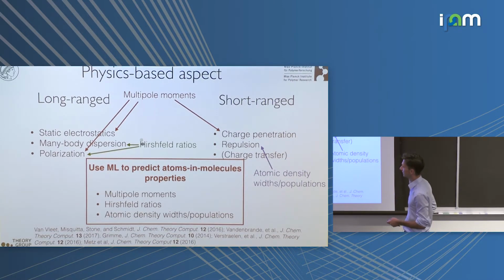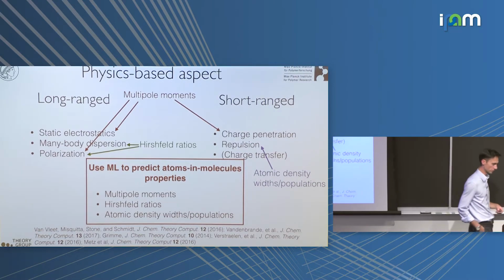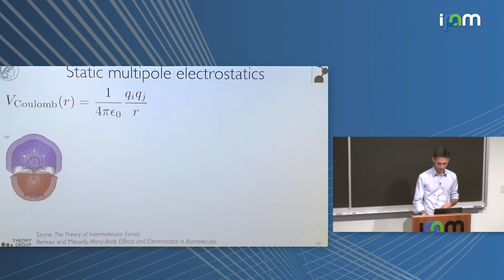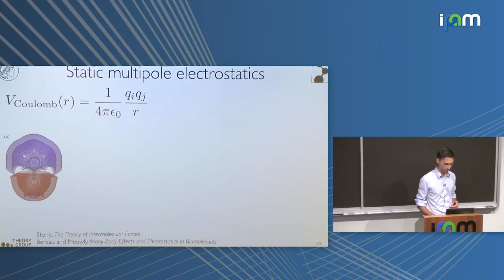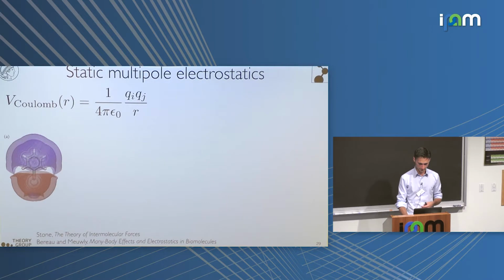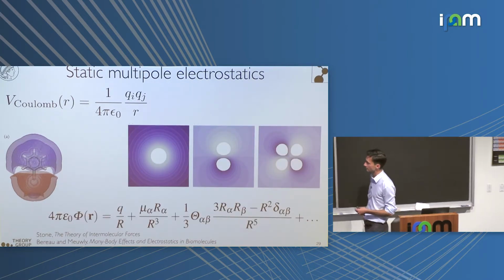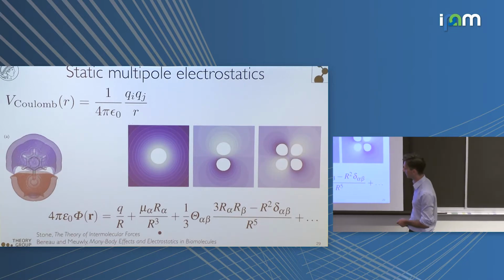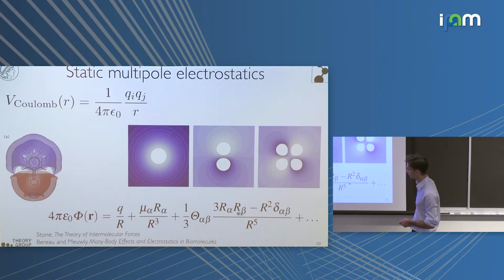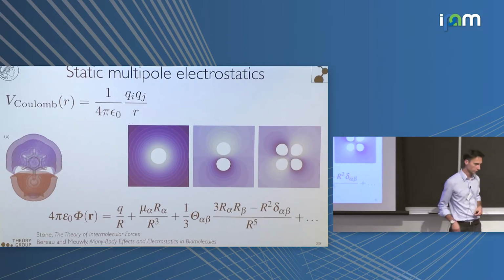So we learn different parameters: multipole moments for the electrostatics, atomic densities for the overlap models, and Hirshfeld ratios for the dispersion and the polarization. I'll show you this in terms of the multipole moments because they link to these covariant kernels, in that you can expand the electrostatic potential in terms of this series here, and then you get a number of terms,